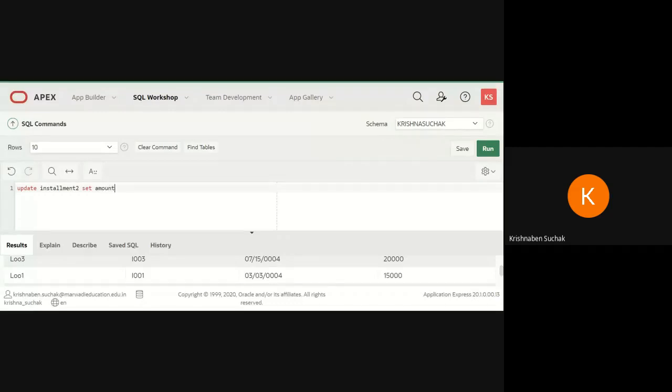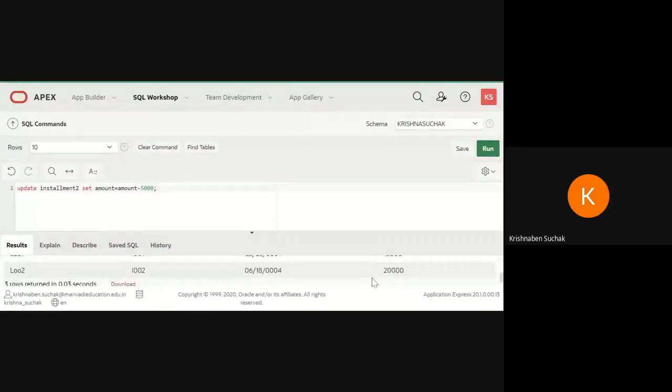Then set amount. The change you need to make is to reduce the amount by 5,000. So here I am writing amount minus 5,000. Right now my amount is 20,000, 15,000, and 20,000.